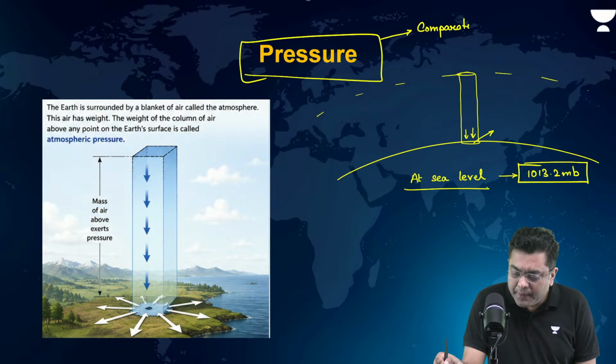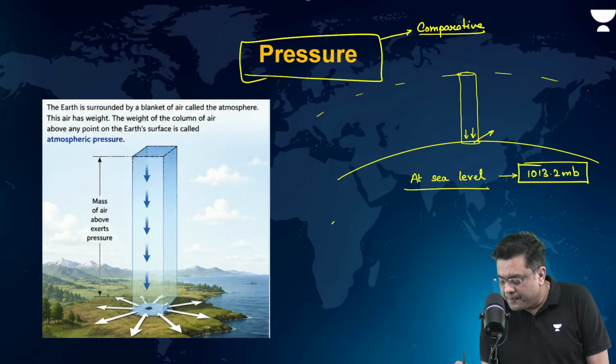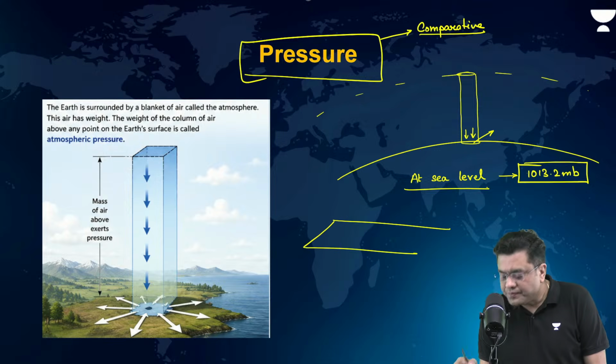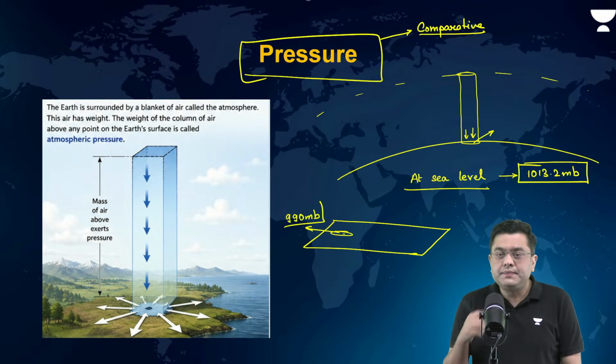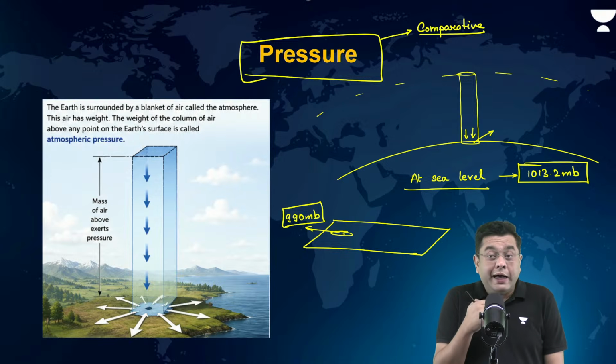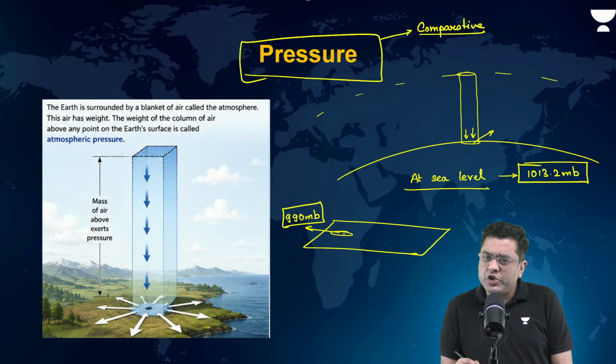Comparative. Meaning what? Let's suppose I have a region, right? Now, in one place, I have the pressure as 990 millibar. Okay. Now, on the face of it, immediately you will conclude that this is the region of a low pressure,